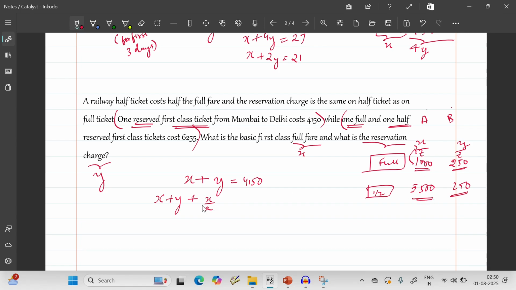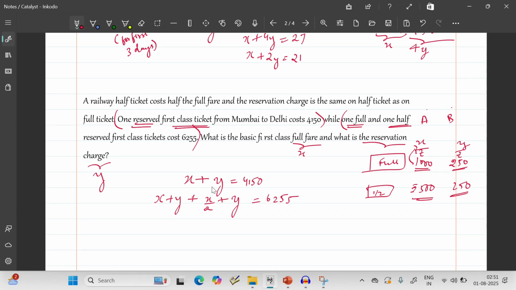Similarly, x is the full price, so the half price will be x by 2. Plus what is the reservation cost? Are we going to do y by 2? No, they told the reservation for my daughter is the same, right? So it will be y, equal to 6255. Now you have to solve the equations,